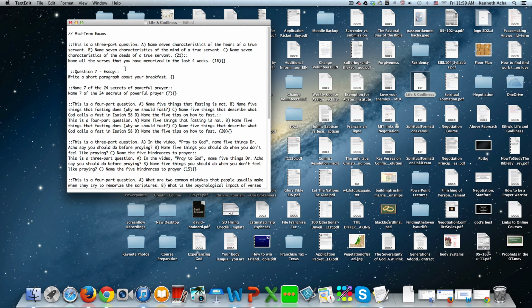Actually, as you see here in the second question, what you're supposed to put inside these 2 colons is the name of the question, like question 7. But I don't put that, because since I will have many questions in my question bank, I wouldn't know what question 7 means. So I actually put the question there as the name of the question,